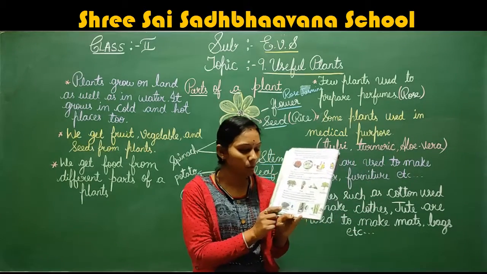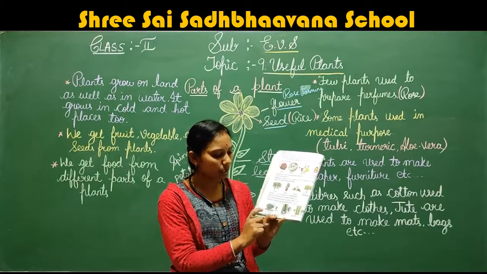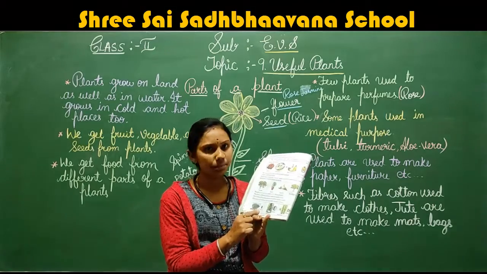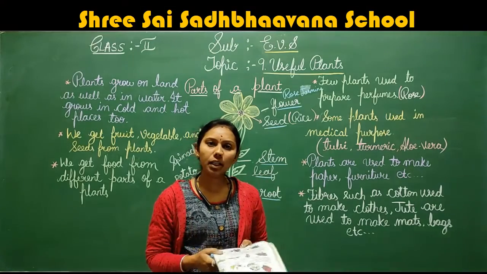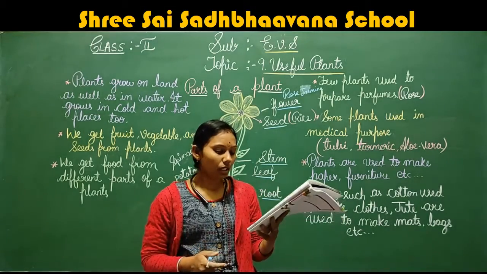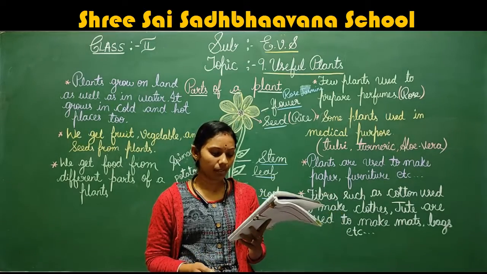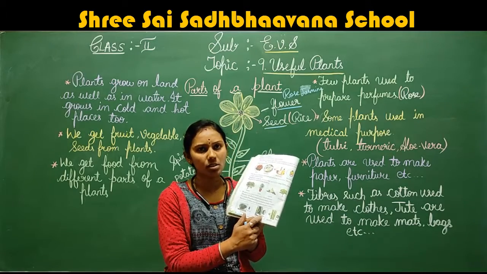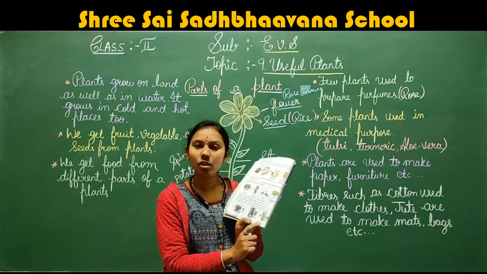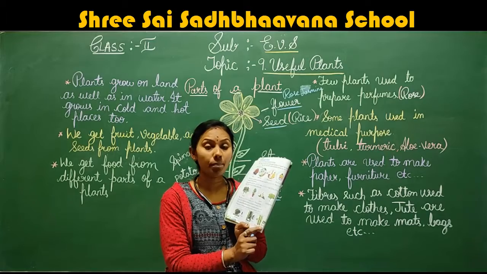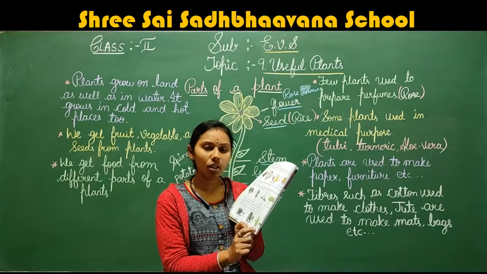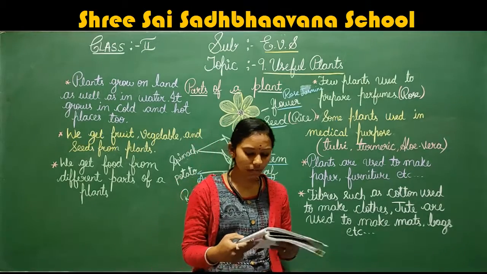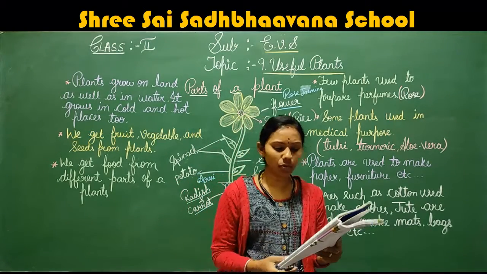You can observe the gum tree, rubber tree and bamboo tree. From the gum tree, what are we getting? We get the gum. From the rubber tree, we get rubber, and you can see that they make tires also. From the bamboo tree we can make paper. These are the different things we get from plants.